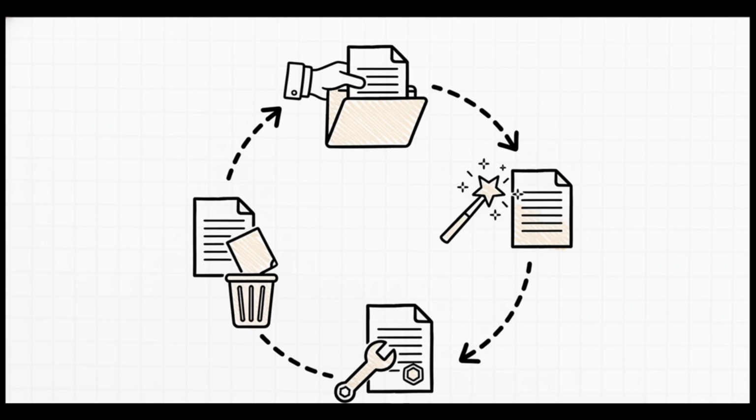Let's say a week later, that user decides to change their email address. You'd use a PUT request to update their existing record. And finally, if they decide to leave the platform entirely, you use a DELETE request to remove their data.